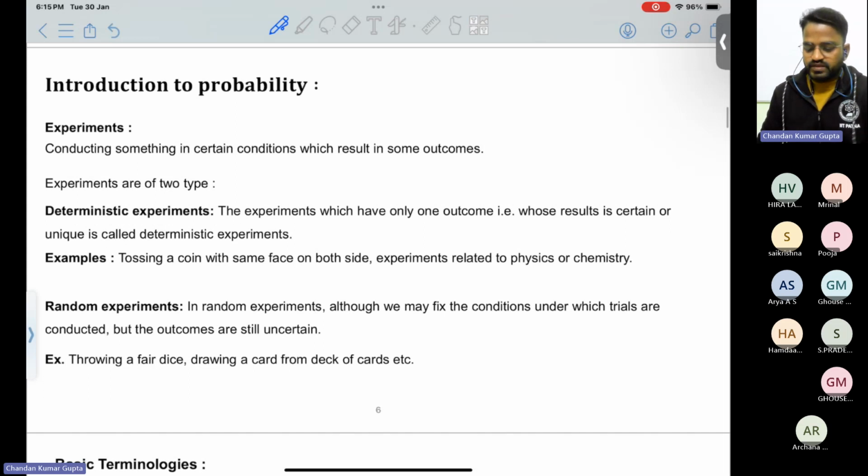Okay. Probability is actually the chance. It is the chance that any event or any situation occurs, that any kind of thing has a possibility to occur. Like it may rain or it may not. Okay, it is possible. So there are two types of probability, subjective probability and objective probability, which we are going to discuss.